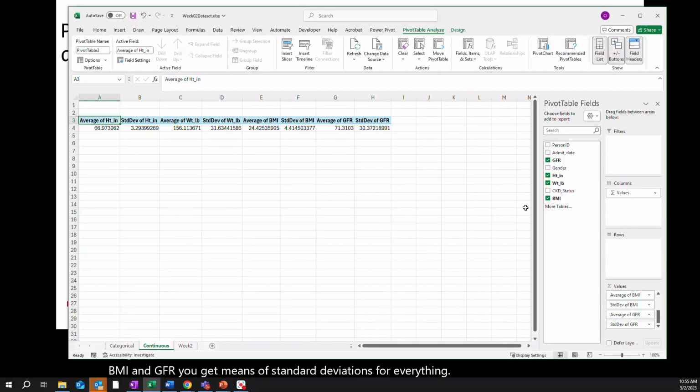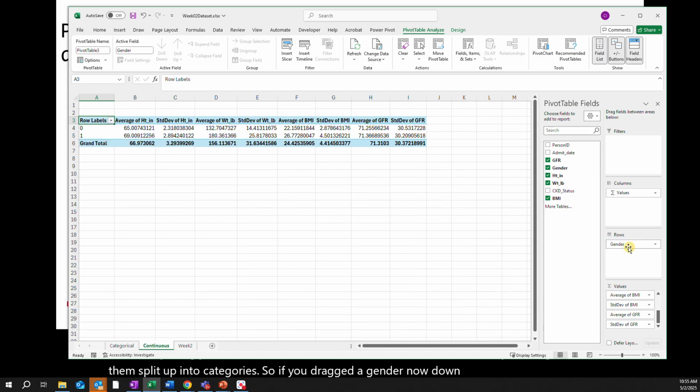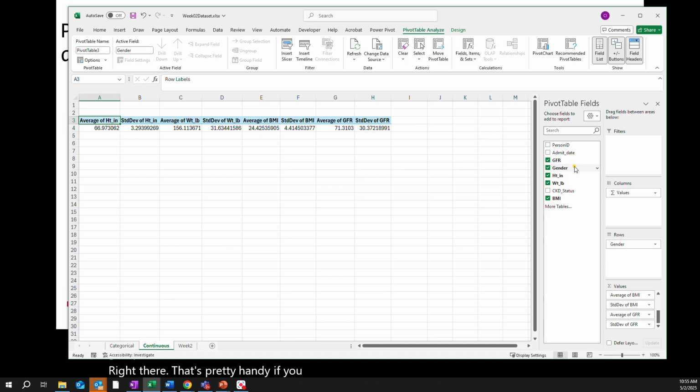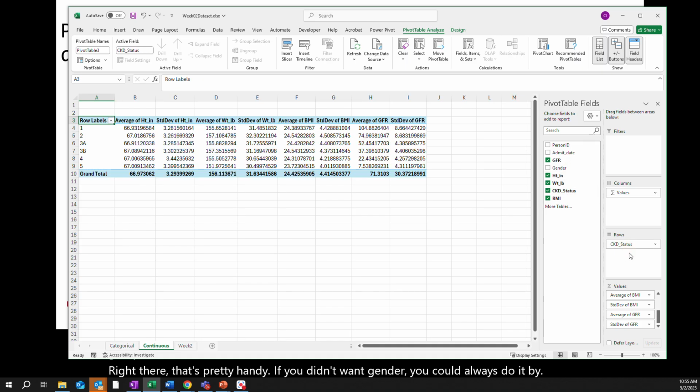So one handy thing you can do with this is these are for the values overall, but you can get them split out into categories. So if you dragged gender now down to rows, then you can see we have this, and then we have our means and standard deviations for each group right there. That's pretty handy. If you didn't want gender, you could always do it by CKD status and get these split out by the different categories, means and standard deviations